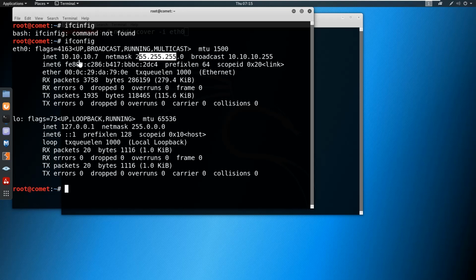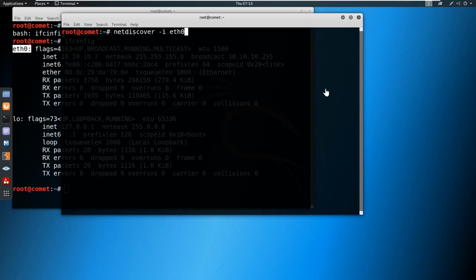Which means that the subnet of this interface is 10.10.10.0/24. I'm saying 24 based on the subnet mask configured. Currently we are going to scan the eth0 network, the physical network to which this eth0 is connected. So it is going to discover the entire network.